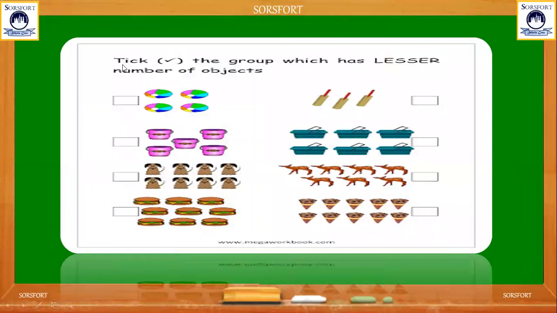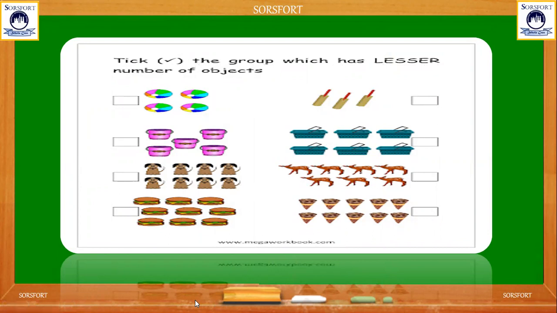Okay. Now what is given here? Tick the group which has lesser number of objects. So in this page, we have to take that picture which has lesser. Now in these two groups, in the first row, balls and bats are given.